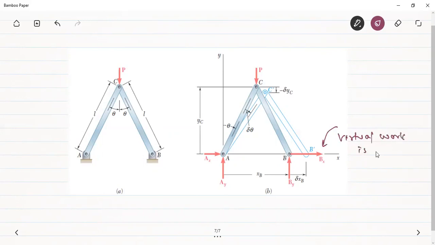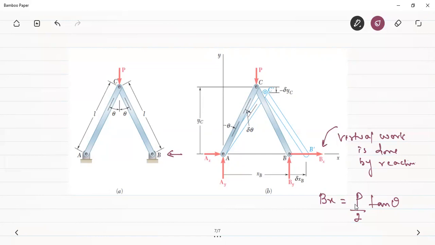Virtual work is done by the reaction. So it is the same question where we had an external force. We needed to find what external force is required to maintain the system in equilibrium. Therefore, if we want to calculate this reaction Bx, that will also definitely be equal to P by 2 tan theta. We had obtained this equation when we had a force Q which was trying to stop this motion and keep the system in equilibrium.